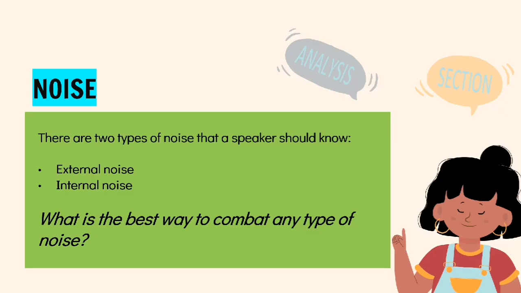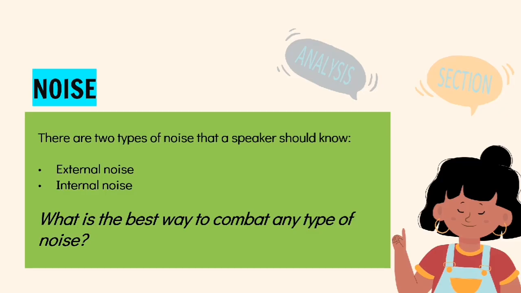Next element is noise. Noise is anything that interferes with communication. So there are two types of noise that a speaker should know. The first one is external noise. So external noise, ang mga example nito ay yung mga tawanan sa paligid, yung temperature, masyado bang mainit, masyado bang